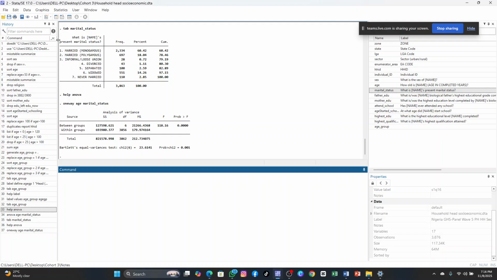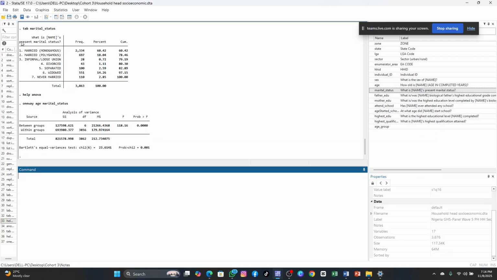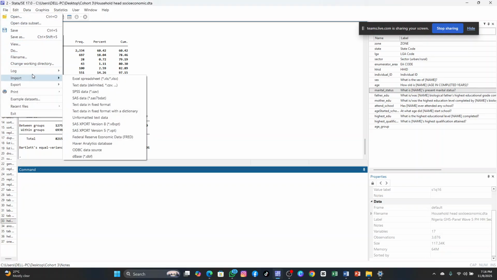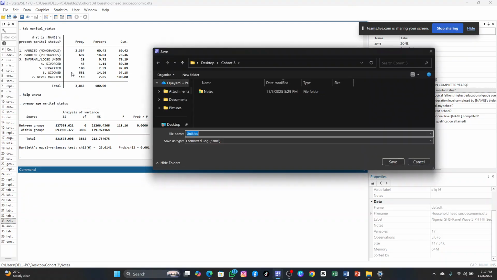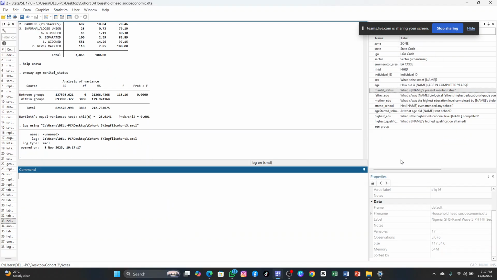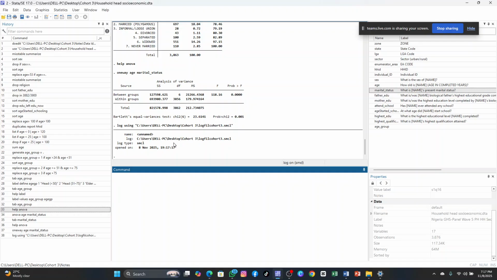You have done this analysis. Let's take this one for example. If you are working and you want to keep your result, the first thing you are supposed to do, that's why when you want to start anything, is create a log file where your work, your result will be saved. Log file, log file quote 3, you say save. It is saved, right? Any analysis that I carry out now, this file, let me go and